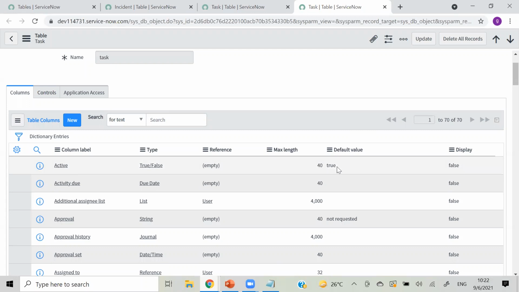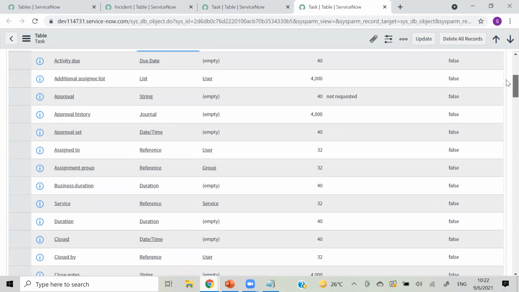Active, which we saw yesterday, is a boolean, that will be true or false. I will take just some important fields which we see in our daily life. One is assigned to. Assigned to is a reference field, from where we will choose a person.